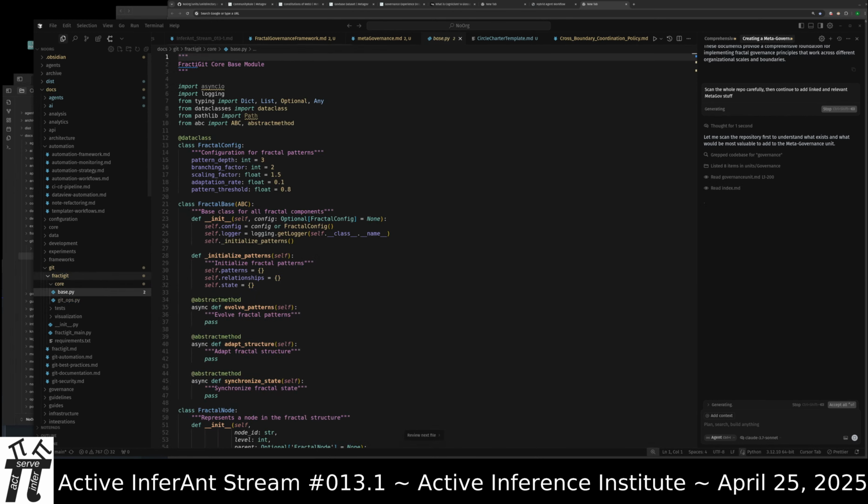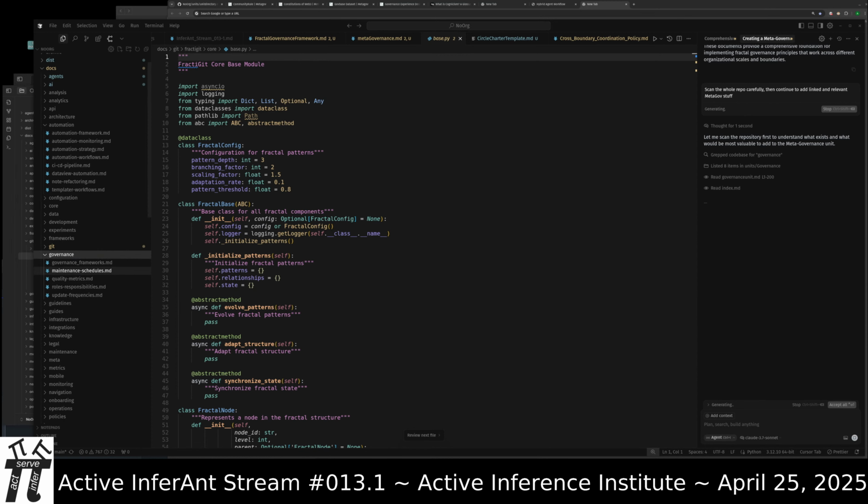So using folder structures and Git plaintext, you get really far and do a lot.